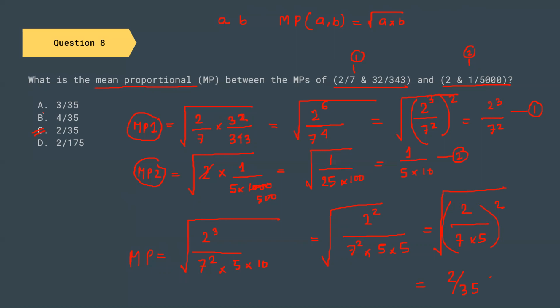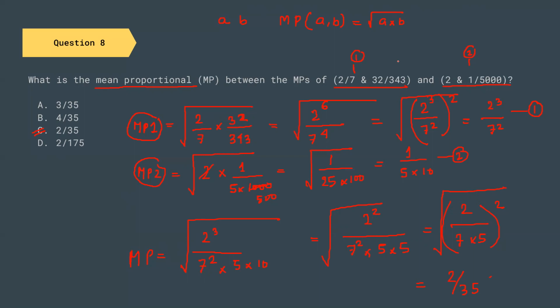So I hope you were clear about this question. I haven't used the calculator because for these questions they usually give these numbers in a particular pattern. So using a calculator in this particular question means you're wasting precious time and neglecting the precision of the question. So instead of getting 2 by 35, you will get your answer in some decimal points, and then you have to again check those answers according to the options. So this is going to be a very big hassle for you.